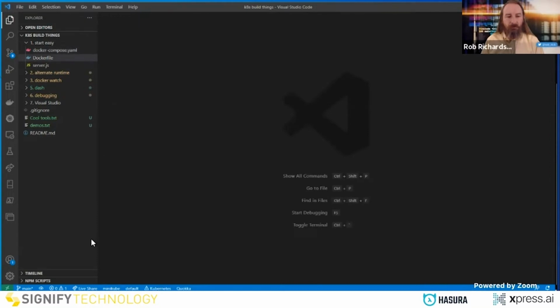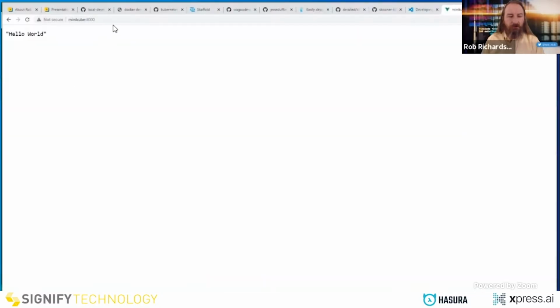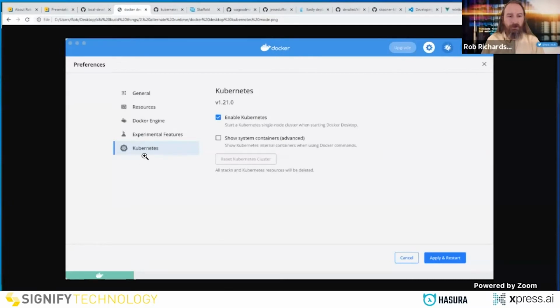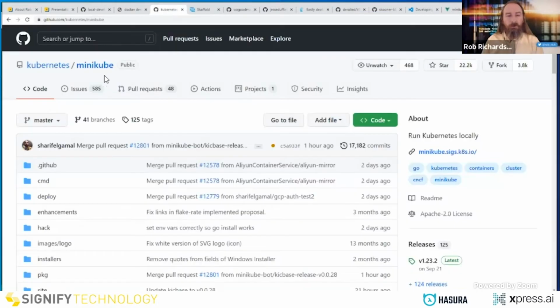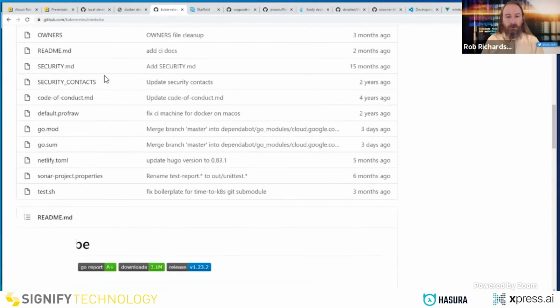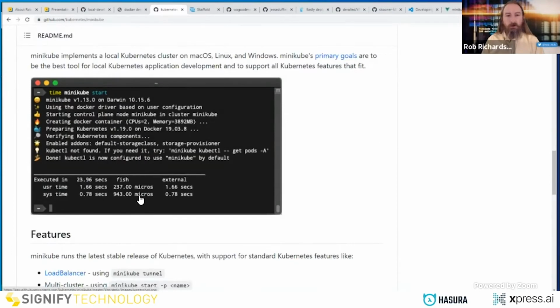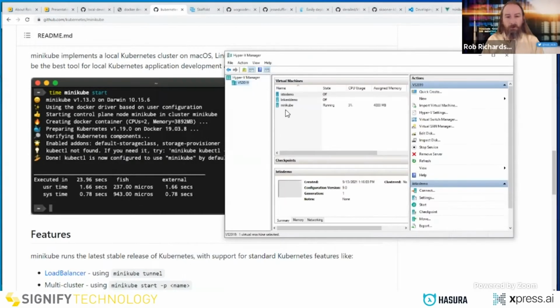Let's see. Now, I definitely can come into Docker Desktop, come into Kubernetes mode, and enable Kubernetes. Docker Desktop is great, but it isn't great in nested virtualization scenarios. And so Minikube is free and open source. Minikube allows me to run Kubernetes clusters inside of other environments. I have a Minikube cluster running inside of a